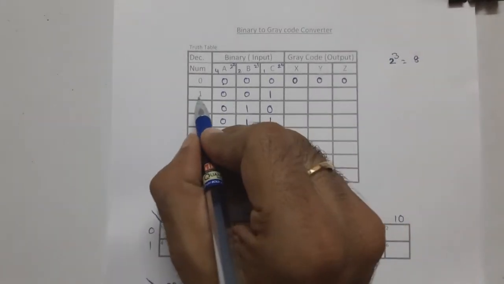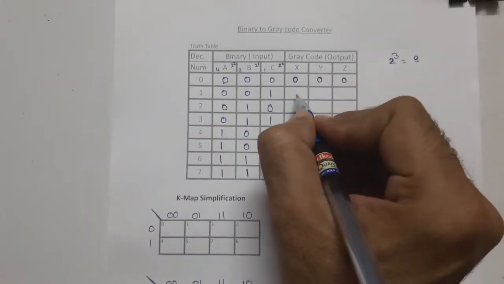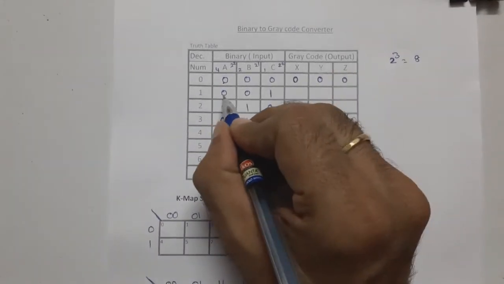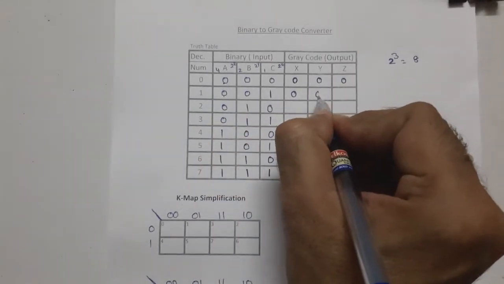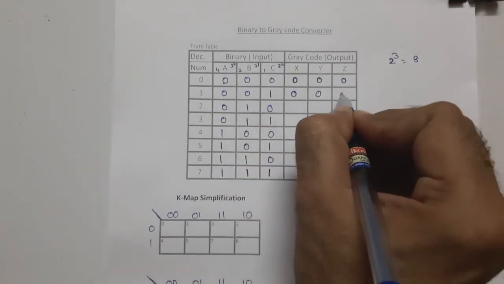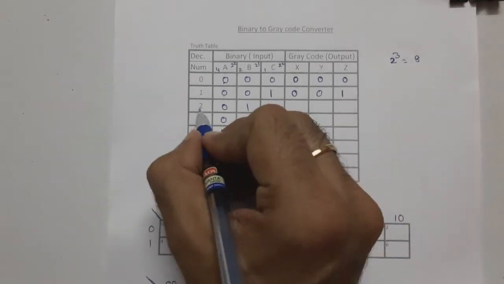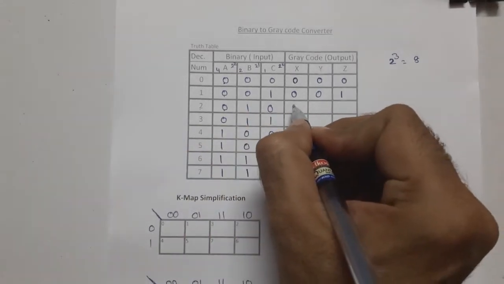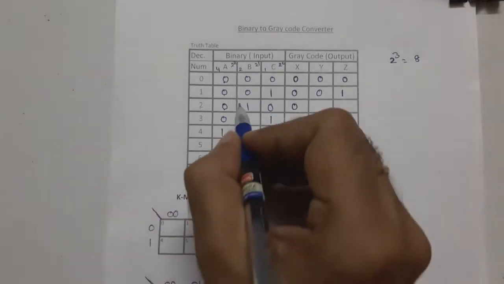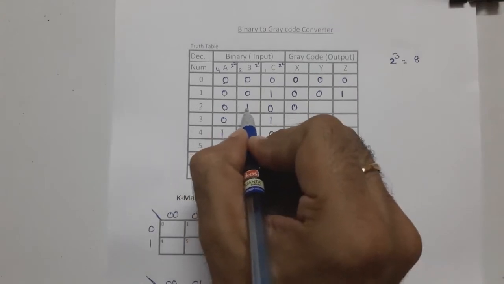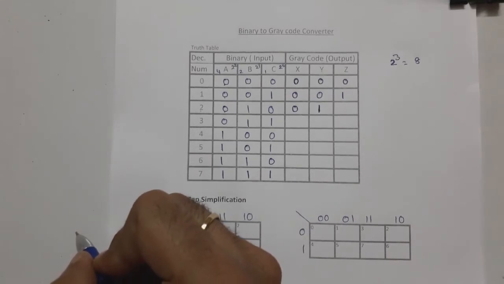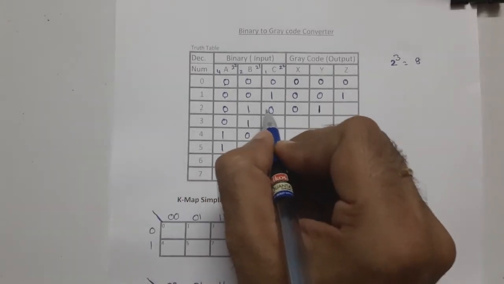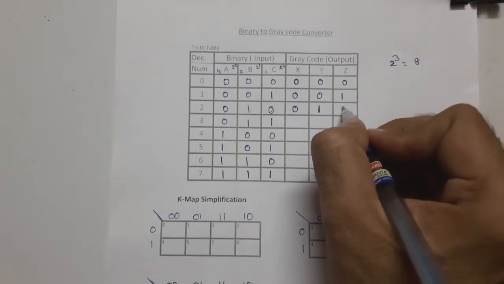And for the next one, for 1, the gray code is, say here MSB is 0, and 0 plus 0 it is 0, 0 plus 1 it is 1. And for 2, here MSB is 0, write this MSB here, and then add these two, 0 plus 1 is 1, and every time we have to record the sum, and again 1 plus 0 is nothing but 1. Now this is the gray equivalent for this binary.